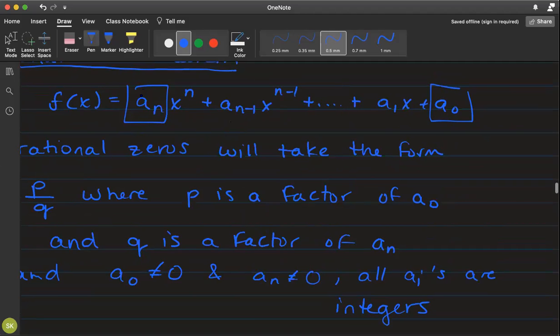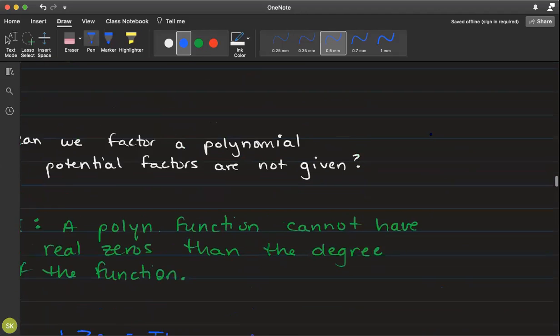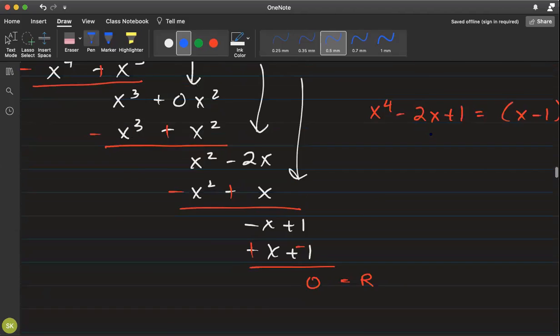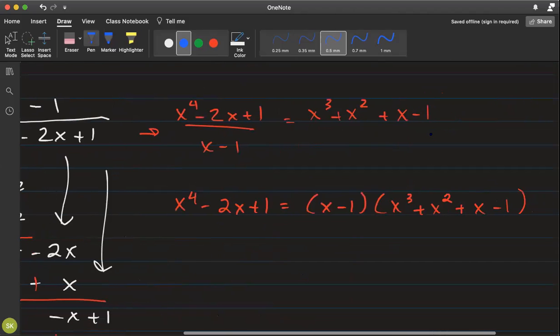And this number here can't be 0. If it's 0, then we're not working with the degree being n. And we don't want this number to be 0 either. But if it happens to be 0, I'm going to show you an example of that, of what you're going to do. Okay, so if we look at the last problem we saw up here,